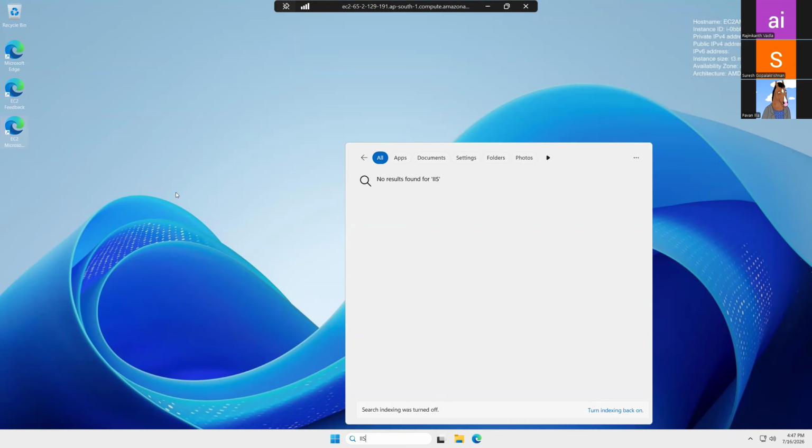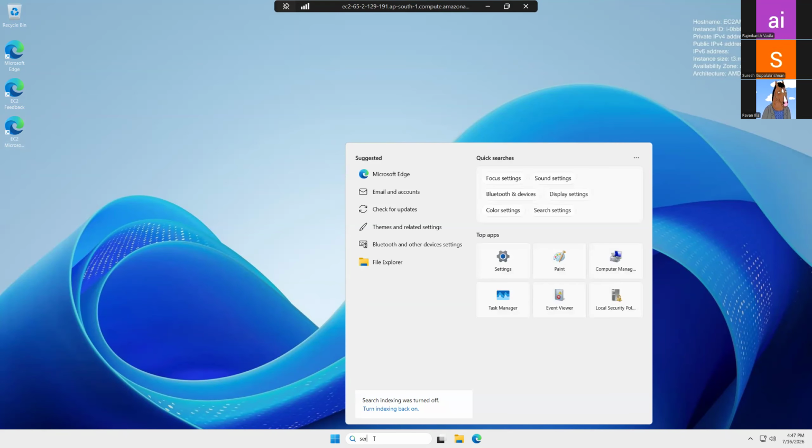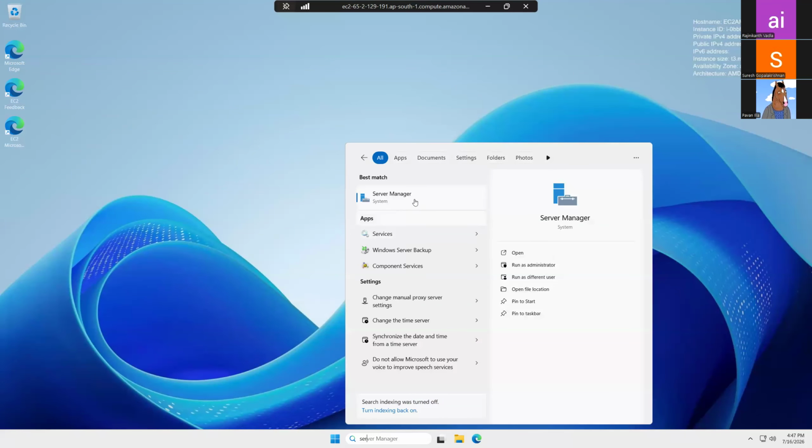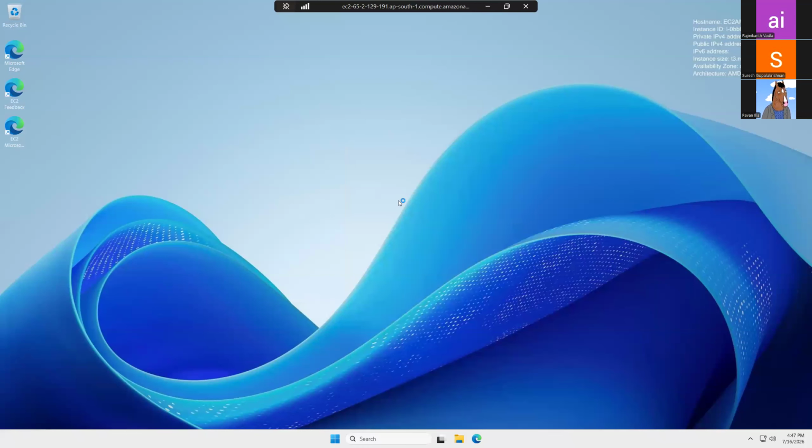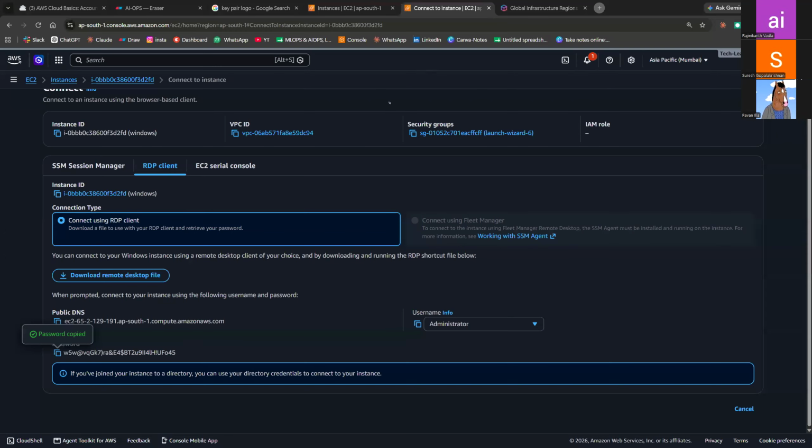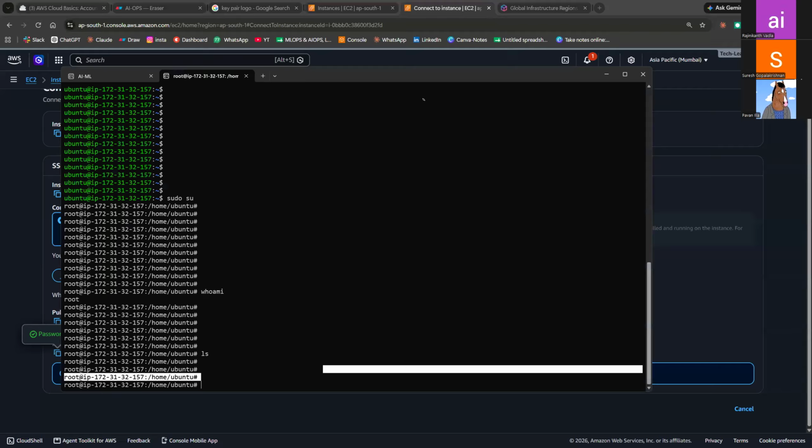Here the server configurations will also be there, but it's too slow. In Server Manager, when you open it, you can install all the required things, whatever you want, like IIS and all, and then you can configure. It's loading a bit slow. Let me go to our Linux server.